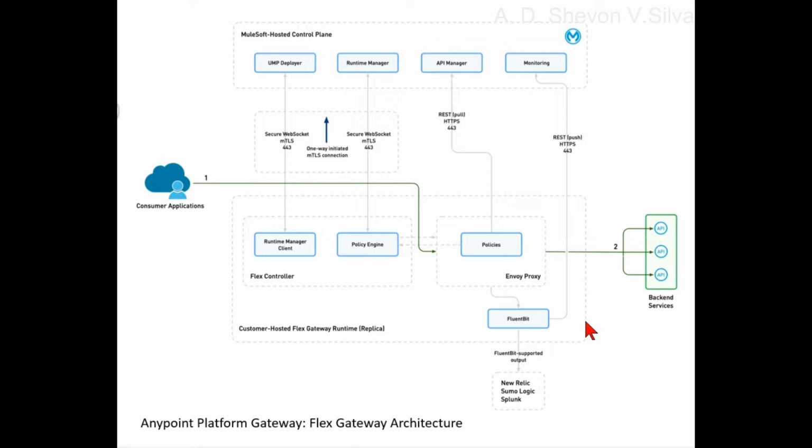Flex Gateway architecture. The Flex Gateway comprises two components that work in tandem: control plane and runtime. The following graphic diagrams the relationship between these components. Control plane. The control plane is the Mule hosted platform that centralizes the management and observability, enabling you to build APIs, add policies,